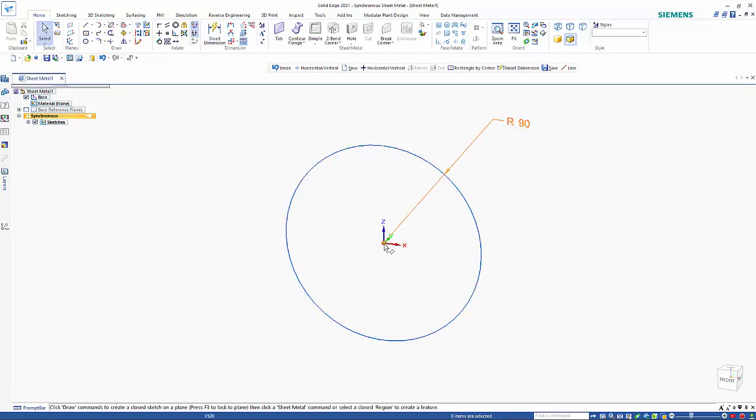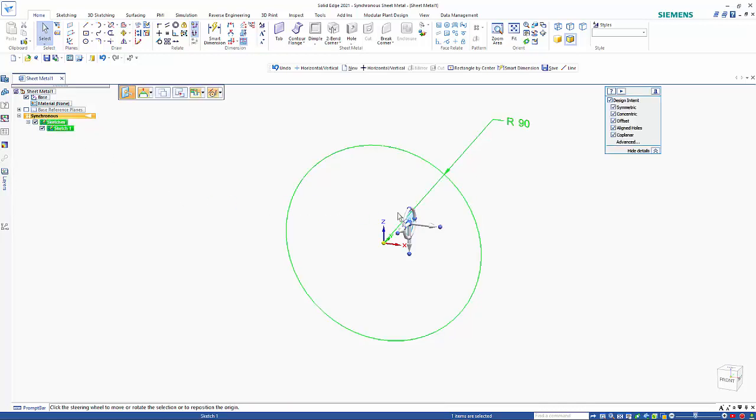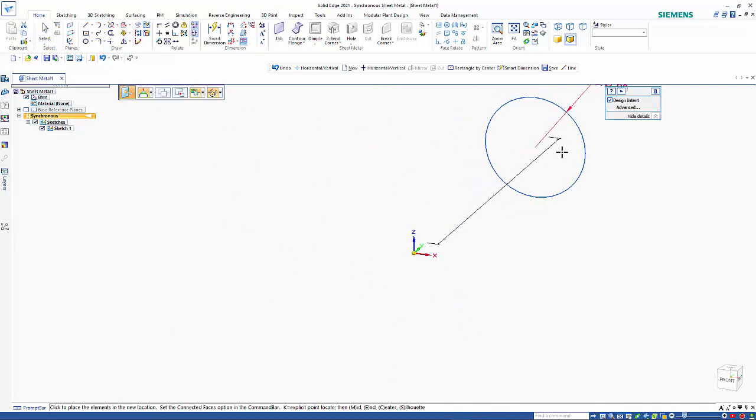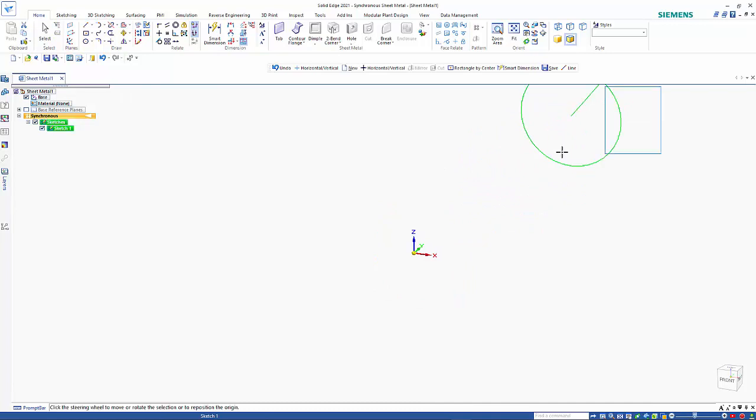So that's actually constrained to the center, which I'll take off so that I can adjust it later. So I'm doing this in synchronous, which is freeform edit, and I just want to move this out so I can draw the other profile. So we'll just drop this out, say 750mm,